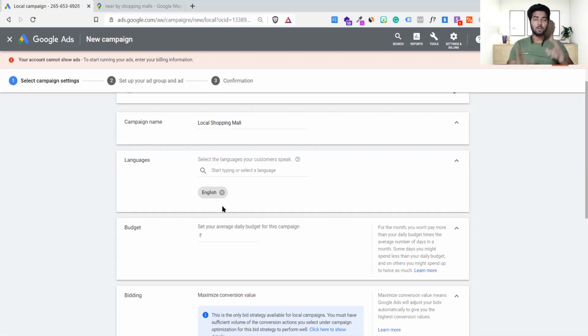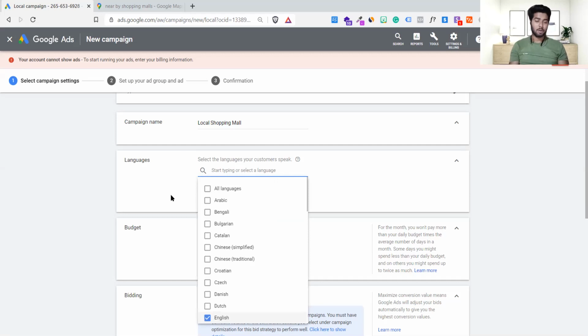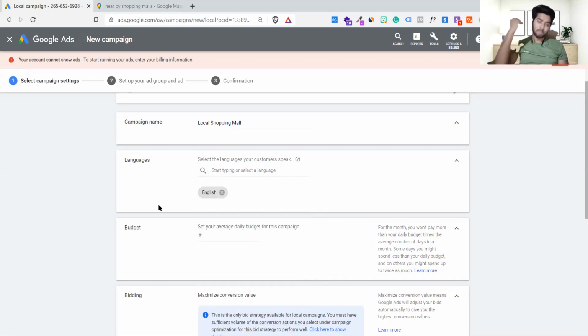If you want to write it in Gujarati, you can give an option like this. If you want to run in Kolkata, you can run in Bangla. That is a different thing, a psychological thing you can give. But in general, everyone understands English in India, more or less. This is the fun fact.